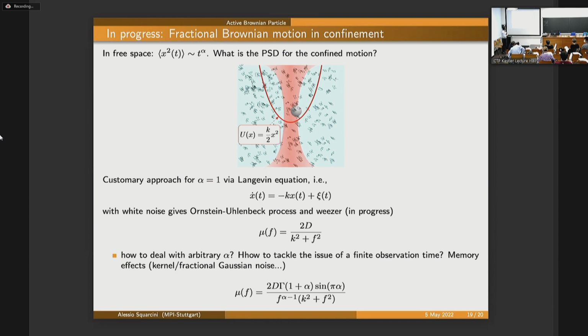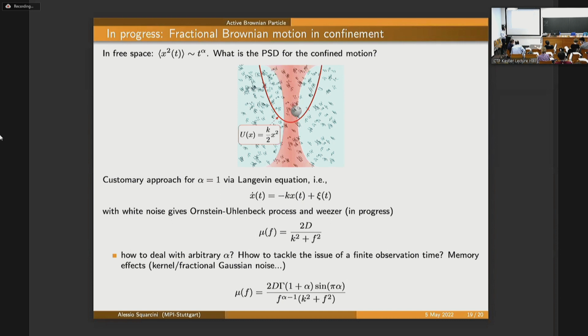This is a calculation I was doing some time ago when I was in Paris. So here we started to consider the trapping effect on the fractional Brownian motion, which is canonically interesting as a non-Markovian system. And here we wanted to extend the notion of power spectral density, including the effect of confinement and non-Markovianity. To make this long story short, by introducing in this Langevin description a fractional Gaussian noise for xi,